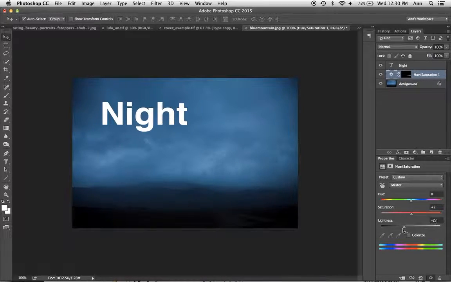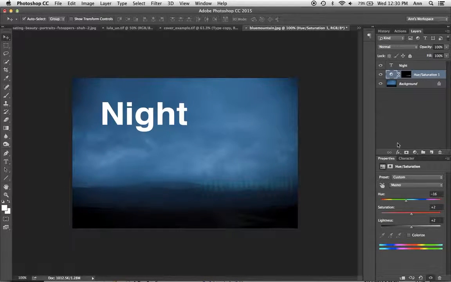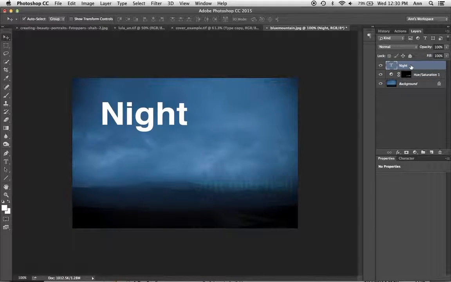I could change the lightness, darkness of the image. You have a full range of things that you can do depending on the adjustment that you select. And so you've got a lot of different things that can really change the tonality of it. The next thing that I want to show you is how to actually make some other changes.